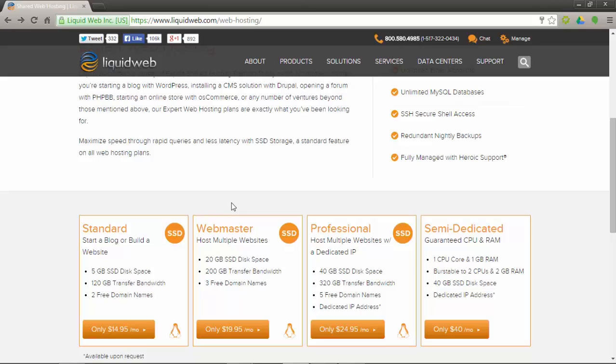Coming to our webmaster plan, we have 20 gigabytes of SSD disk space, again, fast transfers, 3 free domain names, and it would only cost $16.66 a month if you paid annually. Our professional plan has 40 gigabytes of SSD disk space. Can't tell you enough about those transfers. Very, very fast. 5 free domain names and a dedicated IP address. If you were to pay annually, you would only be paying